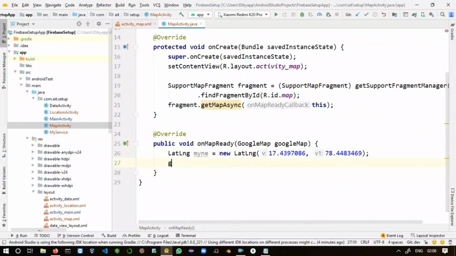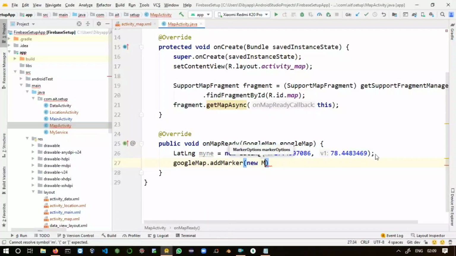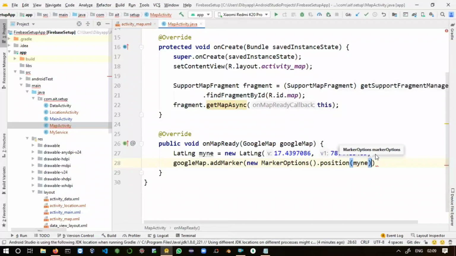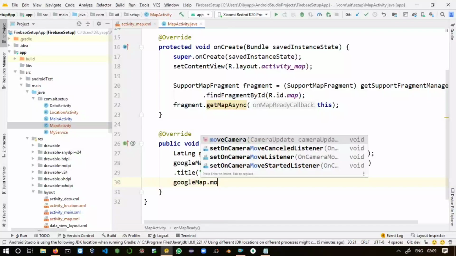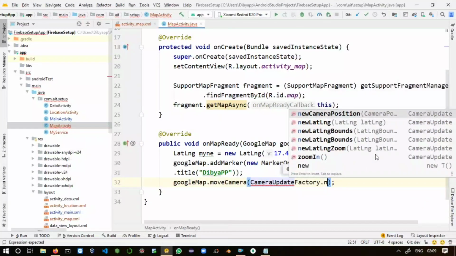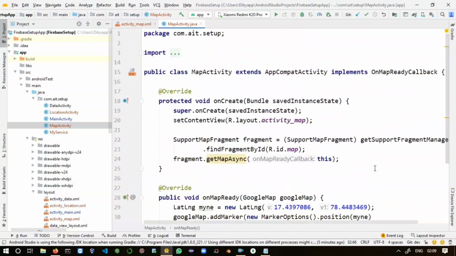After that you say googleMap dot addMarker, new MarkerOptions dot position, here you pass mine, dot title, you can say your name, my name, anyone's name. After that, googleMap dot moveCamera, CameraUpdateFactory dot newLatLng, pass mine. That's all about our map activity.